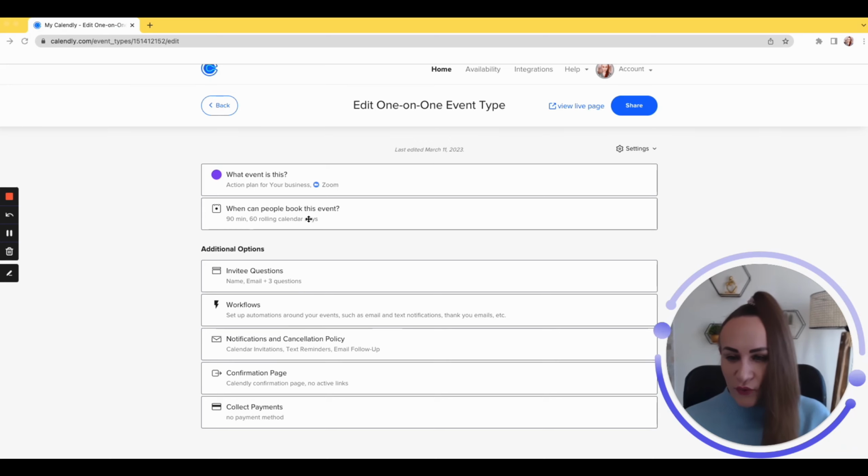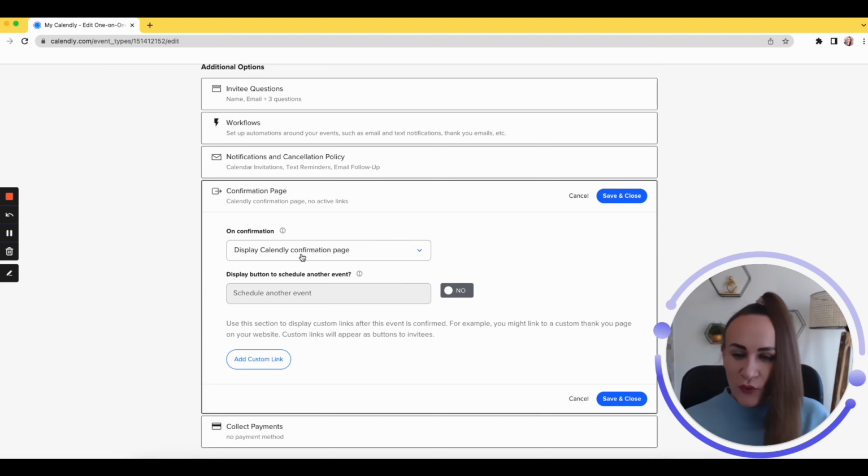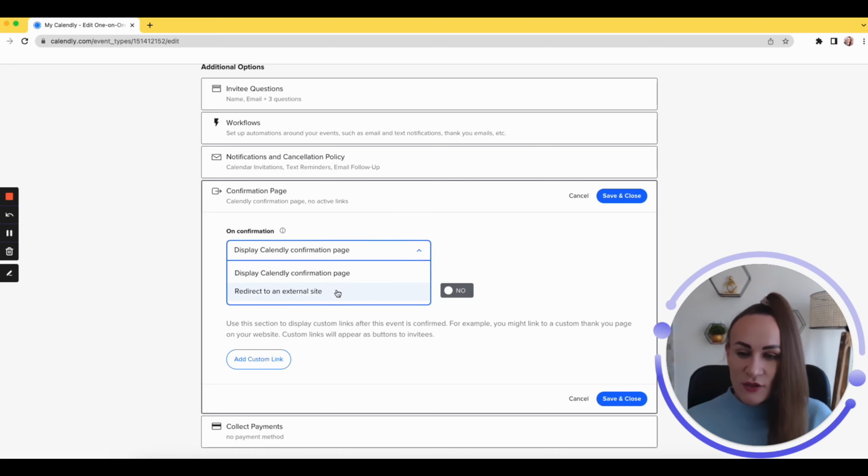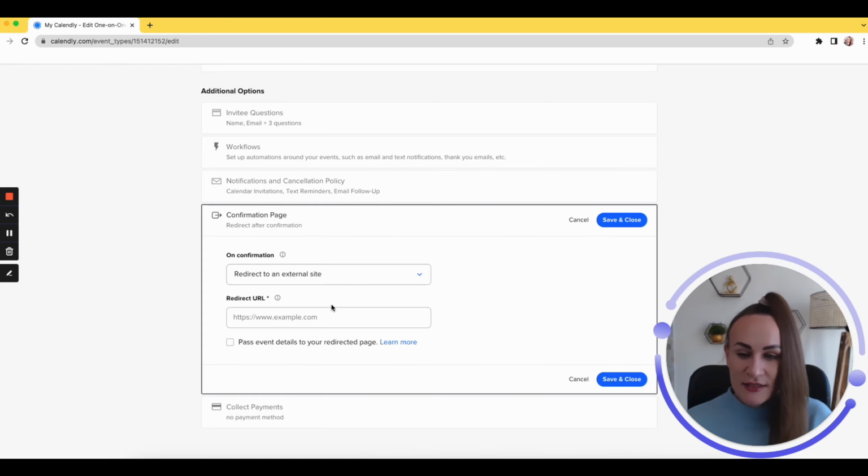Great. So we almost have fully completed an optimized event. The final thing is the confirmations page. Okay. So Calendly has its own confirmation page where it lets your leads know that they actually booked the event. But a nice thing is that you can always redirect to an external site and have your own